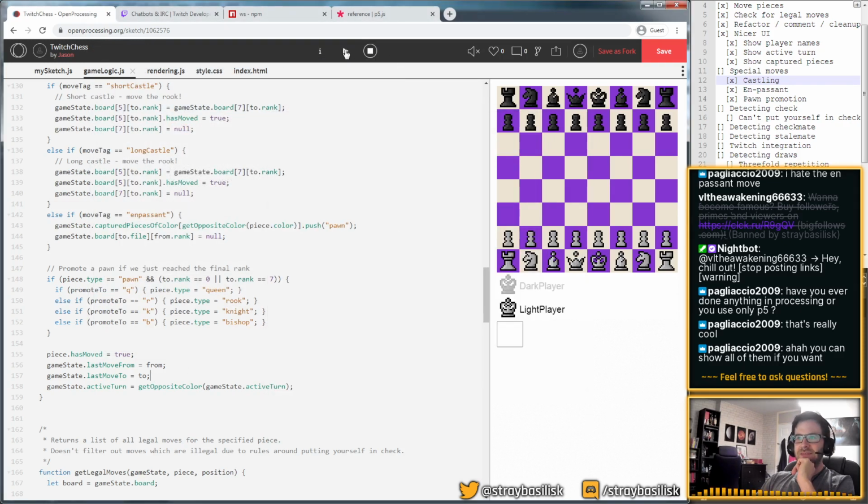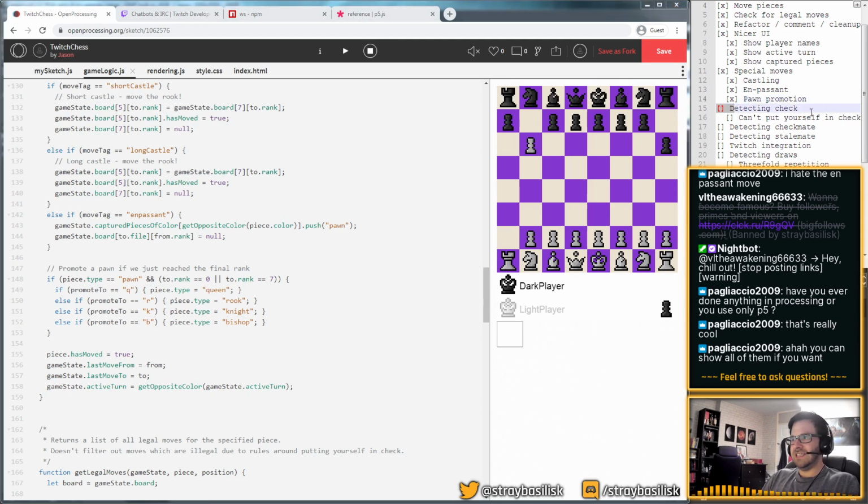So let's check if I haven't broken my logic, I suppose. Let's try and do en passant. Let's move A2 to A4, and then H7 to H6, just a random move. A4 to A5, B7 to B5, and now A5, question mark. Yeah, so there's the en passant move it's allowing me to do. I think that's right. This is en passant, right? A5 to B6, boop, and we captured it. There we go. I will trust that that's working for castling as well. Cool. I think we can call that done. That's kind of been cleaned up.